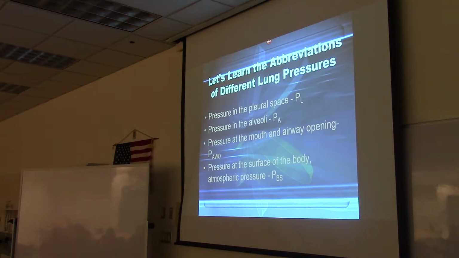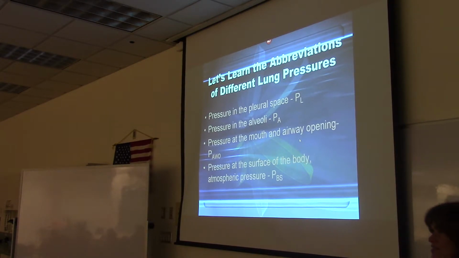Pressure at the mouth and the airway opening, AWO. Airway opening, I guess. Sometimes you see the W when you're reading in the textbook, and sometimes they don't have the W. So if it's AO or AWO, it's what the pressure is at the mouth. So it can be AO also? AO or AWO, yes. And then pressure at the surface of the body, or atmospheric pressure, is capital B, capital S,